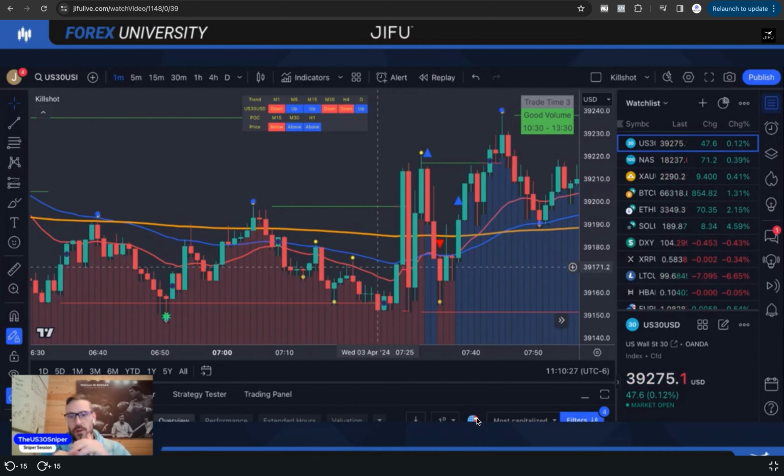The reason we're looking for a 1 to 2, sometimes we don't get that 1 to 2 because we are moving our stop loss into profit and those types of things, right? But then you have to remember that once your stop loss goes into profit, your risk is 0. So any profit you take is going to be a good risk to reward ratio, right?